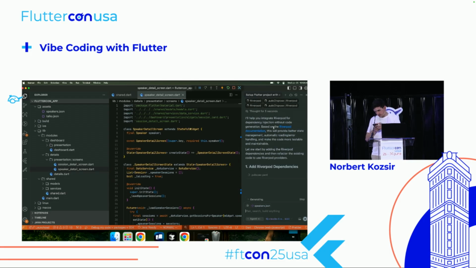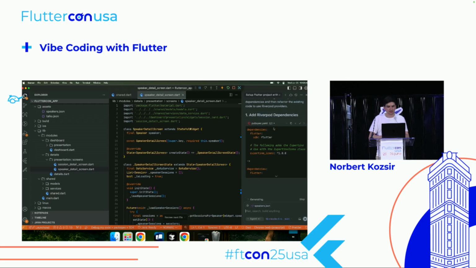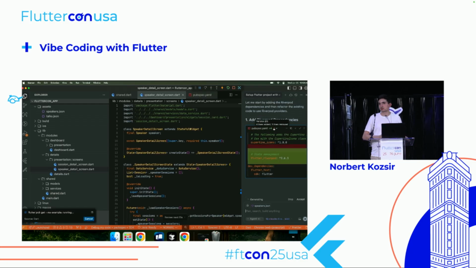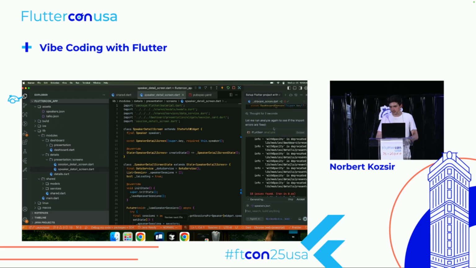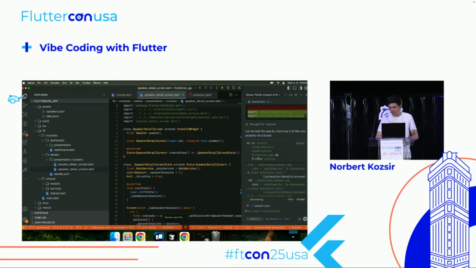Let me check my notes. YOLO mode and command execution. This is also a thing that's specific to these AI IDEs that most have. You saw it executed some commands before, namely Flutter Analyze and so on. Usually it asks for permission to do so, which is good. Like you don't want an AI to remove everything.